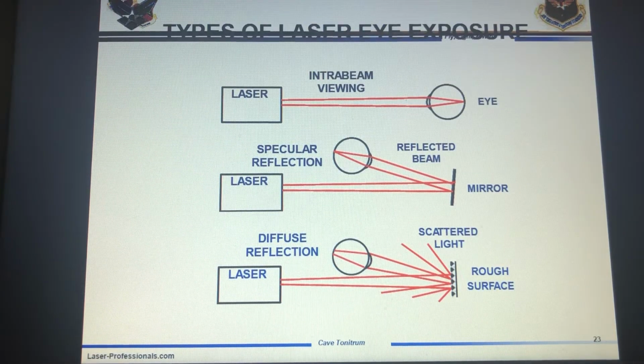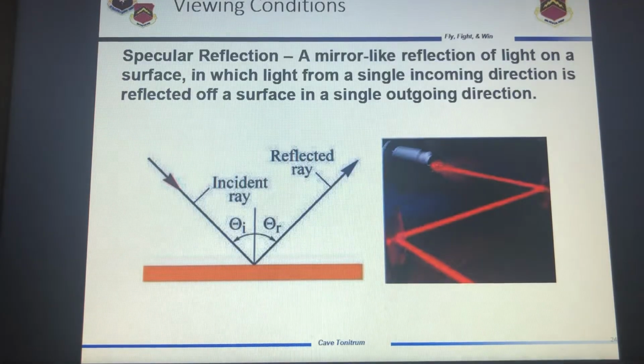Types of laser exposure, just as you saw from the last one, include the laser directly viewed by the eye. The other things that can happen are what's called specular deflection, where the beam is reflected off of a mirror-like surface, and diffuse reflection, where it can be scattered from any kind of surface in the DTR. This goes into a little more detail about the specular reflection in the mirrors that we would use. We are covering up the mirrors in the DTRs,